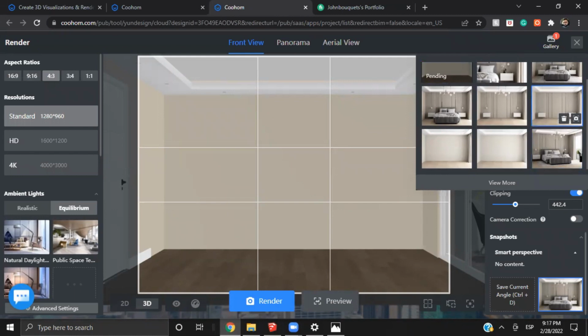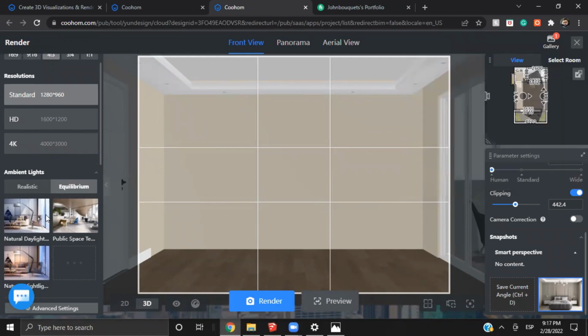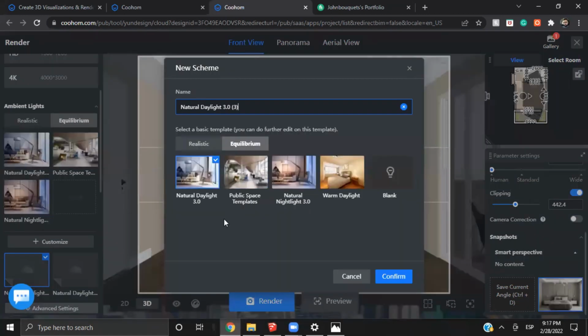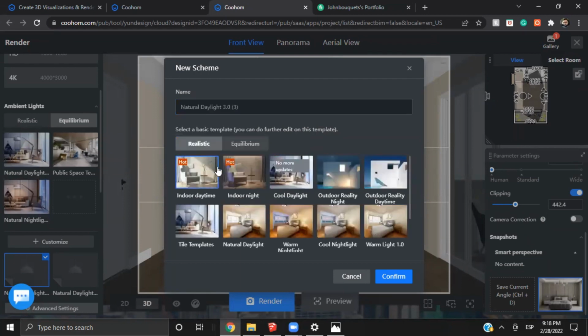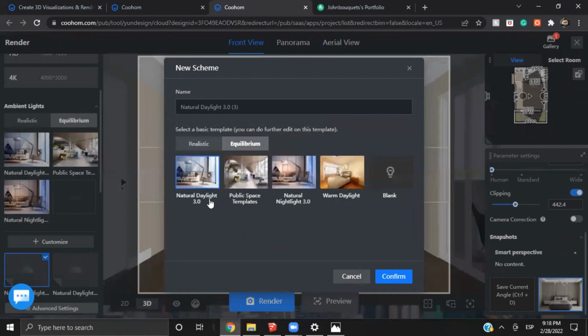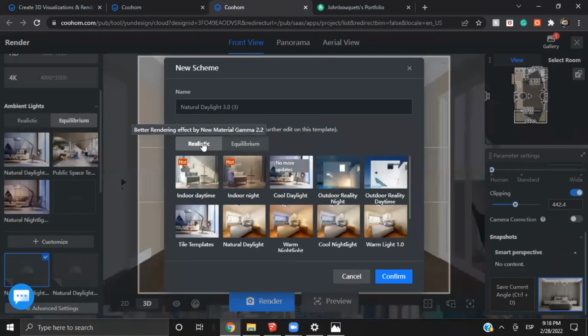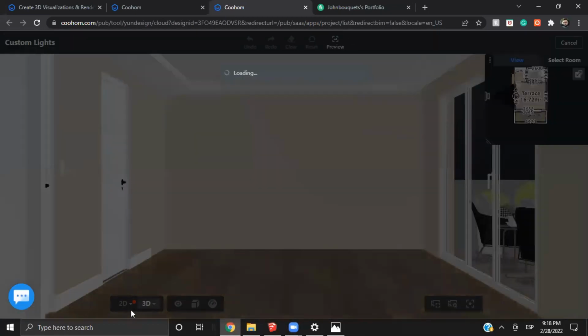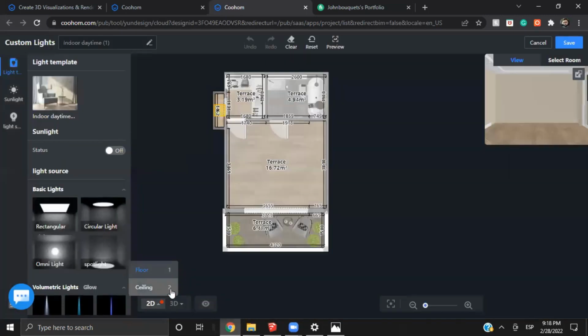Let's wait until it does. Now, there are several types of light templates. Public space templates, natural night light, 3.0, warm daylight. And there are some more realistic light templates like indoor daytime, indoor night, that have different features from the natural daylight 3.0. For example, if we click on indoor daytime, we'll enter the customization tool, and you can see that